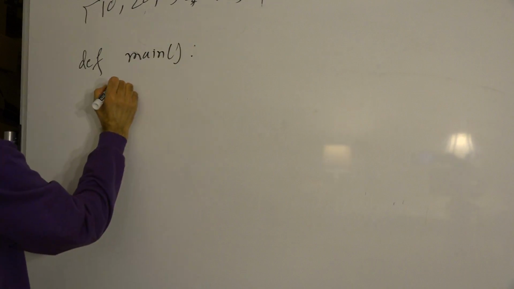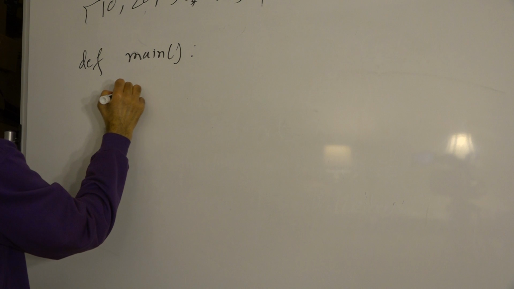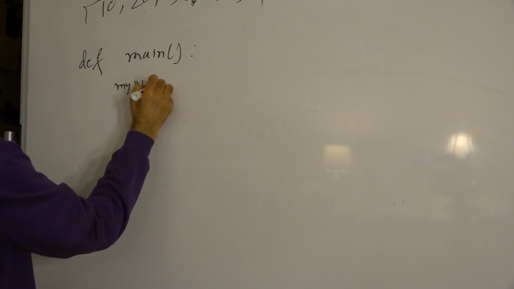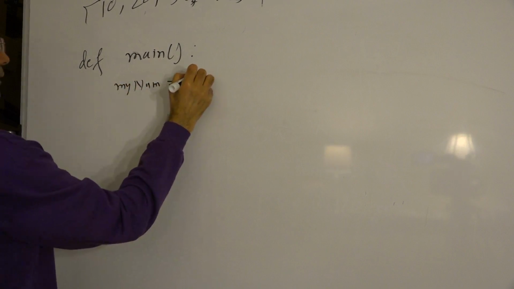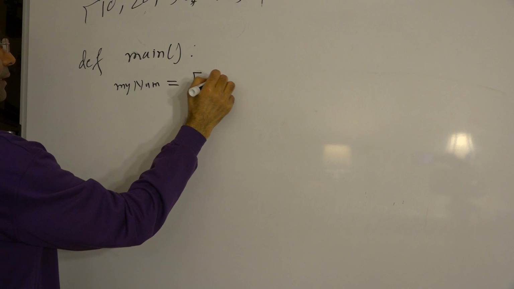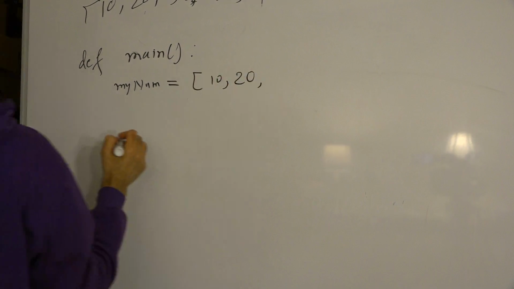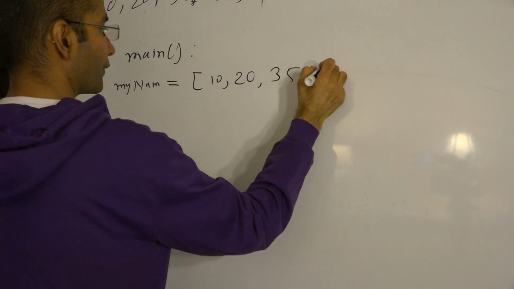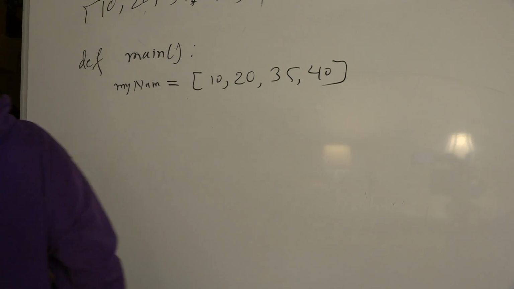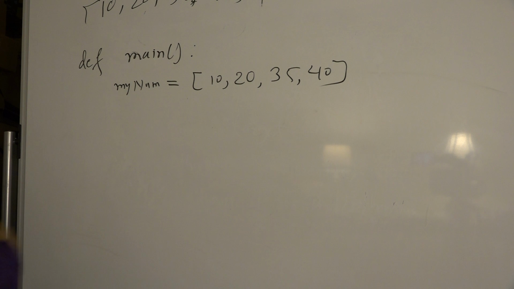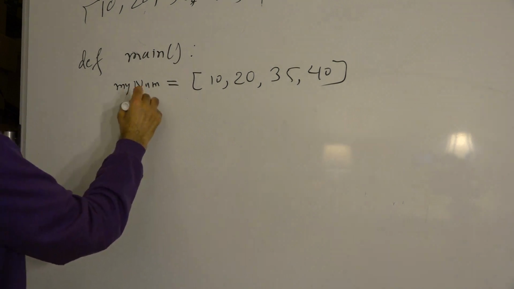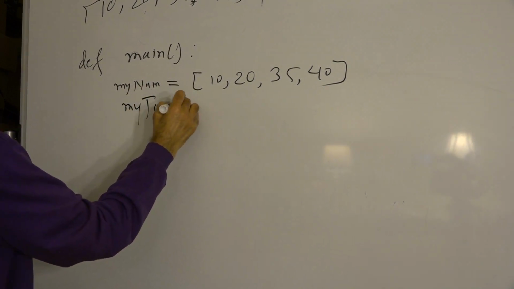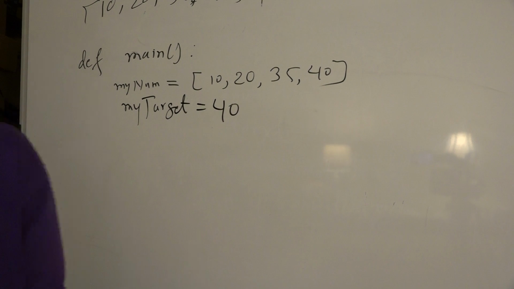Okay, and then we say my num is equal to, I can say 10, 20, 35, 40. Okay, and then my target is equal to 40,